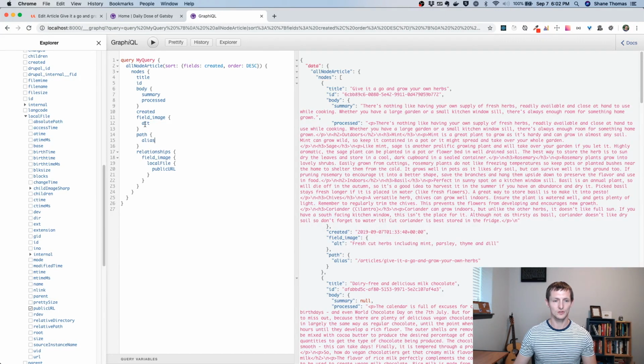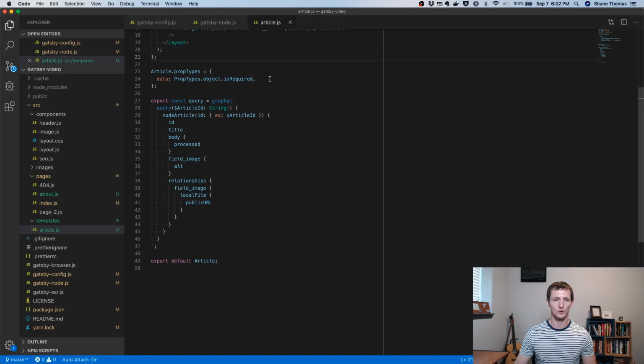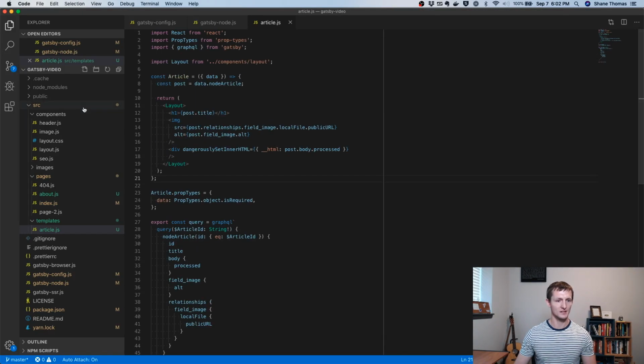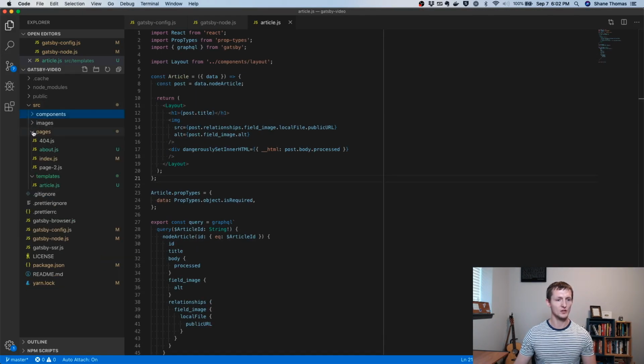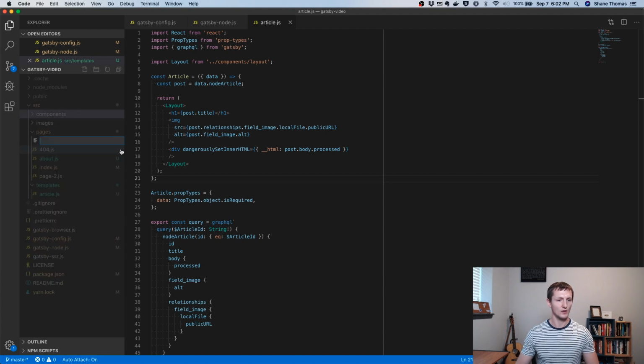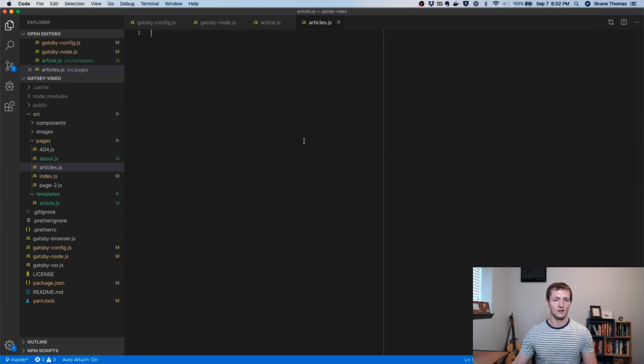We're going to eventually copy this query, but first let's go back to our code editor. So this is where we left off from last time. What I want to do is create a new page, and I'm going to call this page articles.js. Remember, this is going to be available at /articles. So if you wanted it on the home page, you would just change this and use the index page instead